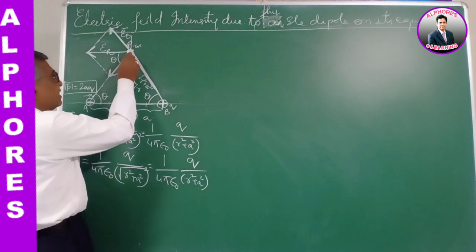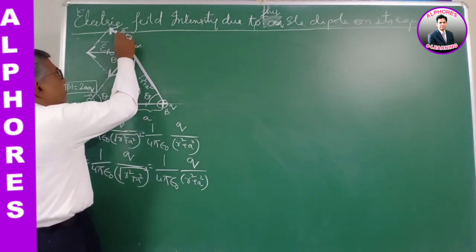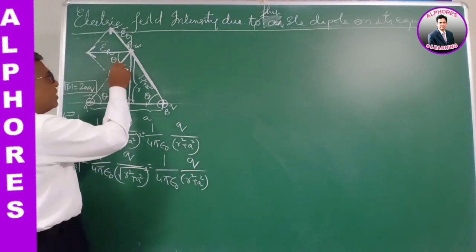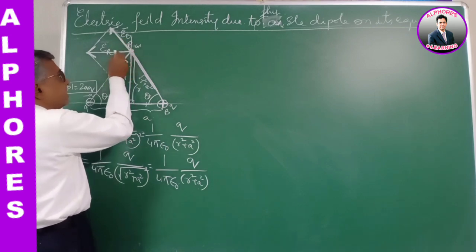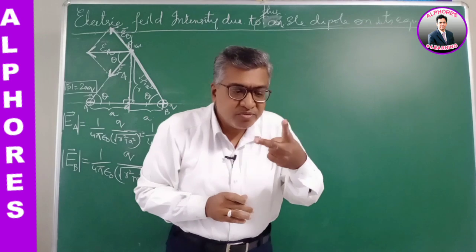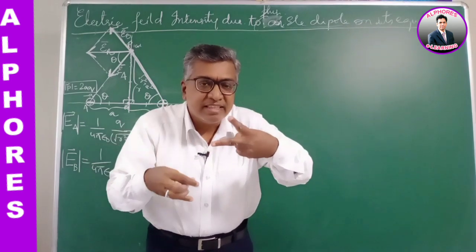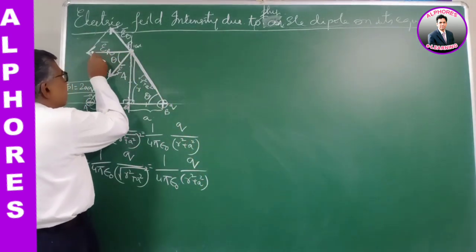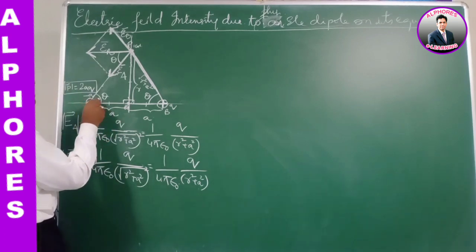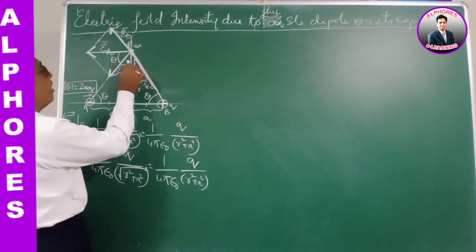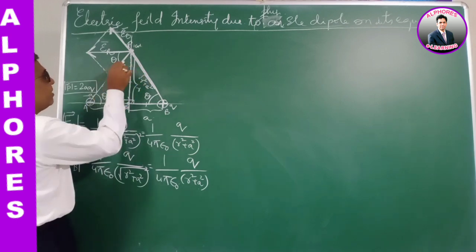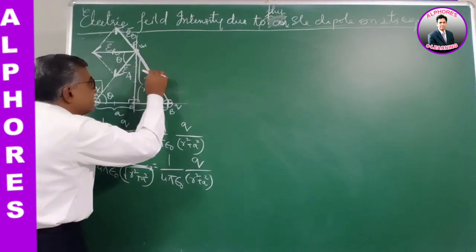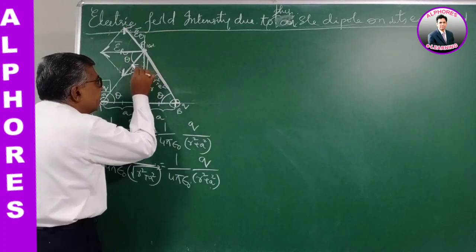Why alternate angle? Because you see, the magnitude of EA and the magnitude of EB both are equal. Their magnitudes are equal. If two vectors of equal magnitude form a parallelogram, then according to the parallelogram law of vectors, the resultant is the angular bisector. So the resultant vector is the angular bisector. Now if this is theta, let this angle be some angle alpha. Theta plus alpha plus theta is 180. So alpha is 180 minus 2 theta. This is a straight line. Total angle is 180. This we have imagined as alpha.